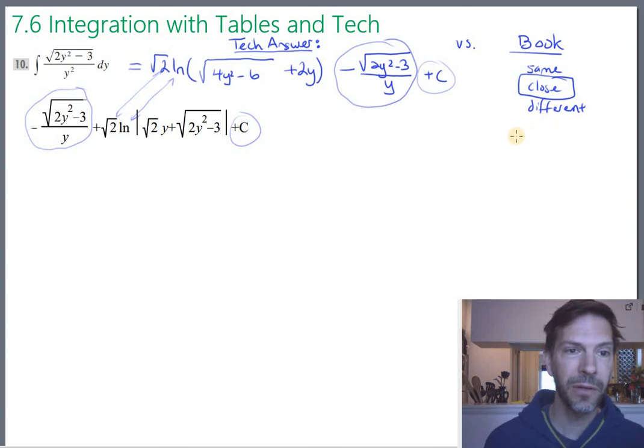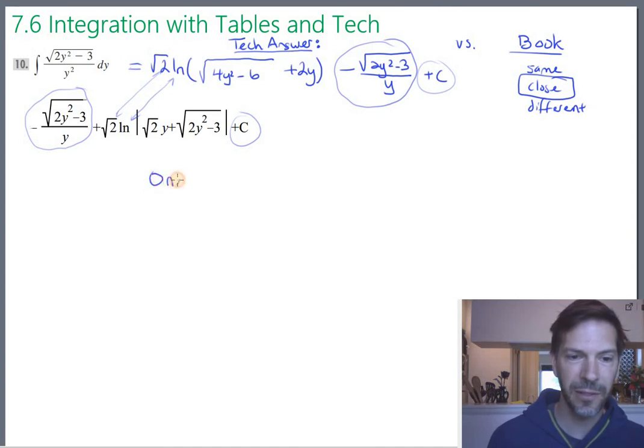So for all of your homework questions, I want to see the full written out tech answer. And then I want you to write down one of these 3 words to compare it to the back of the book answer. And I'll write this in the description of the assignment. So hopefully if you didn't catch it in the video, you'll get it there. But for one question only,